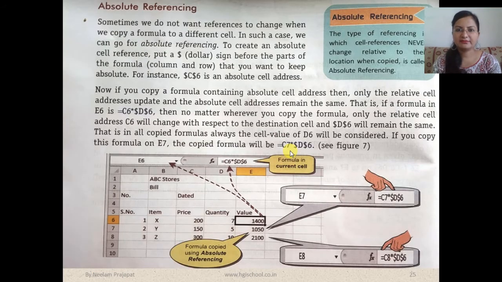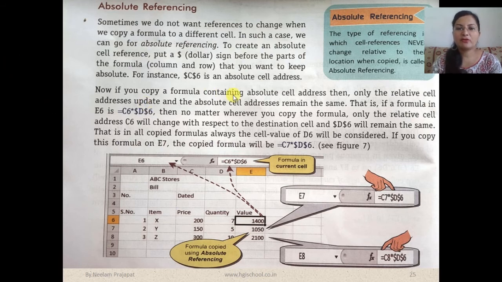Now absolute reference. Absolute reference contains a dollar symbol in front of the column name and the row number. Got it? Like this. You can see here, the column name has a dollar symbol, then $6. C6 will be written as $C$6. Now what does the dollar mean? Dollar here means when we copy the formula, the value will not change. Wherever the dollar symbol is, the value will be fixed. It will not change.